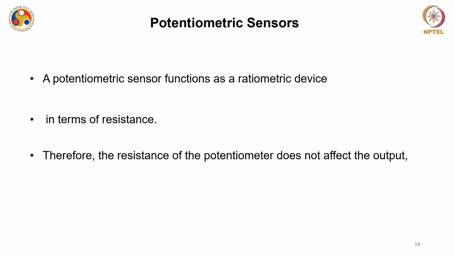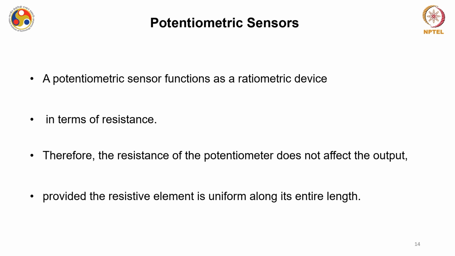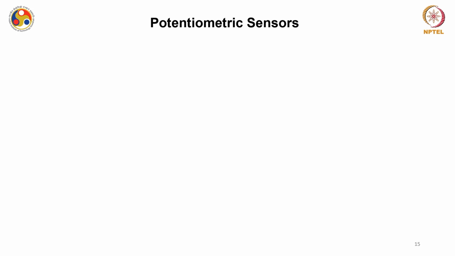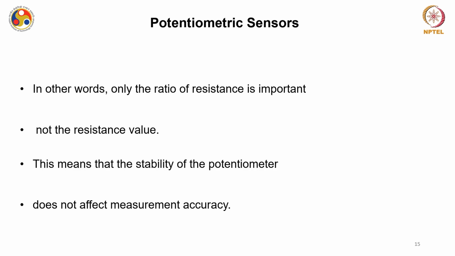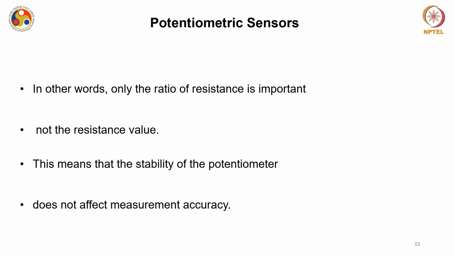Therefore, the resistance of the potentiometer does not affect the output. Okay. Provided that the resistance element is uniform along the entire length, which is practical in most of the cases. Okay. Or in other words, we can say that only the ratio of the resistance is important and not the individual resistances. Okay. So, which means that the stability of the potentiometer itself does not affect the measuring accuracy, because